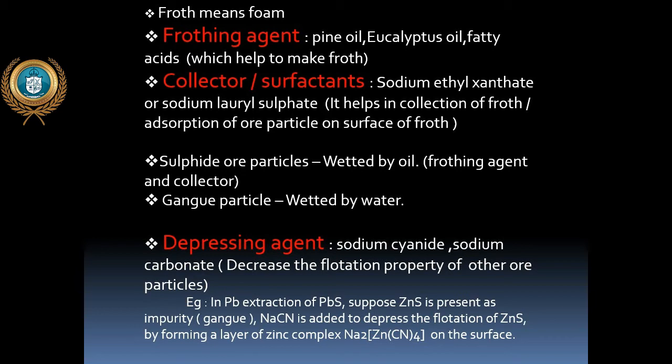So froth flotation is used for sulfide ores. Then what will happen is that along with this foam, lead will come up and zinc will also come up. But our extraction is only lead extraction. So the zinc, being an impurity, should go down with the water. But instead both come up together. So what we have to do is depress one sulfide ore in order to extract the lead. We depress the zinc and separate only the lead from this sulfide ore. So for such a type of ore we have to use a depressing agent. Now you have understood why we are using the depressing agent.